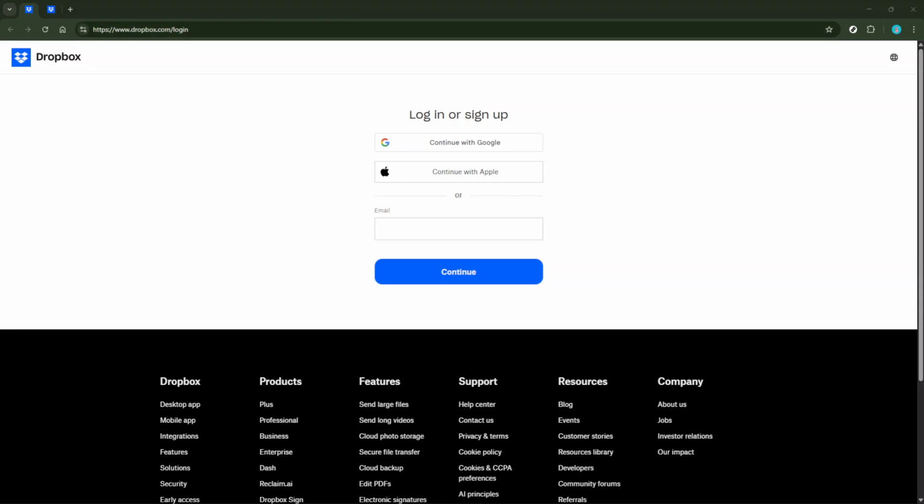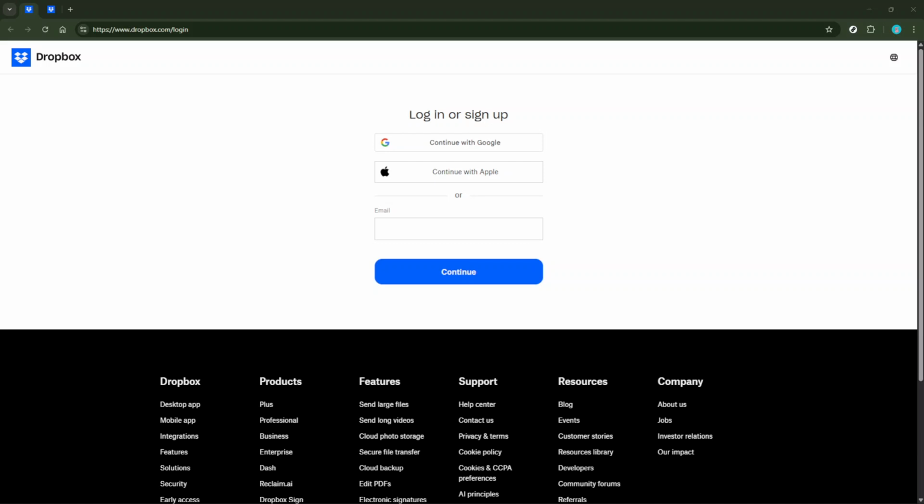In today's video, I'm going to teach you how to find your Dropbox referral link quickly and get additional free Dropbox space. If you're looking to make the most of your Dropbox account and unlock a bit more storage without the cost, then you're in the right place. And don't worry, this process is straightforward and should take you just about 5 minutes.